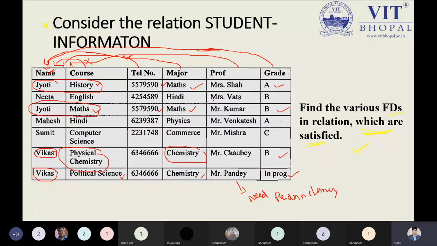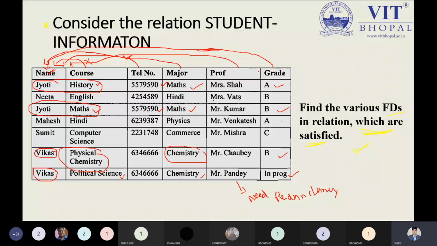So for functional dependency, you have to identify which ones are satisfied by the relation only. Professor and grade can be the combination to determine another thing, such as course and professor name. So you can make any number of FDs, but only those that satisfy the minimum criteria, nothing else. So I'm sharing the solution right now over here.